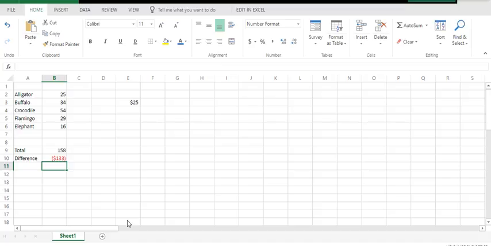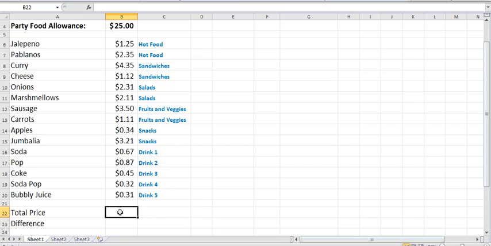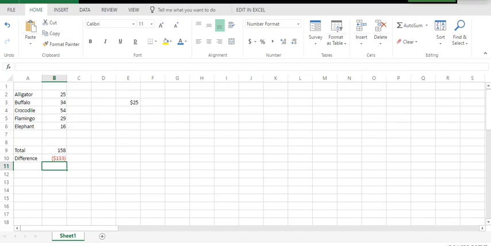So if you take this number and you subtract it from 25 and you get a red number, you spent too much money. Your answer for difference should be less than $1. That was the goal, less than $1. So working with that, that's formulas. All right, then part 2 of this is how to make a bar graph